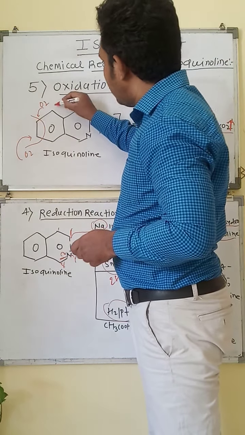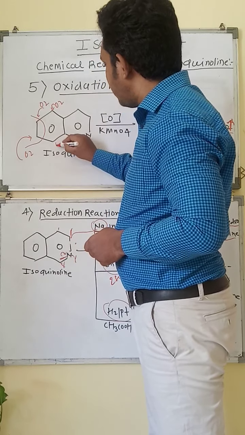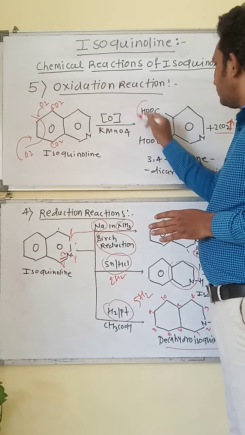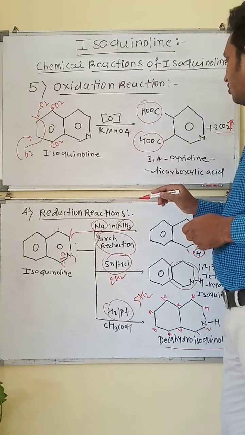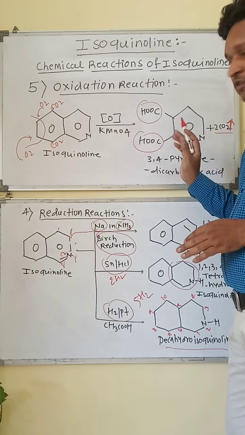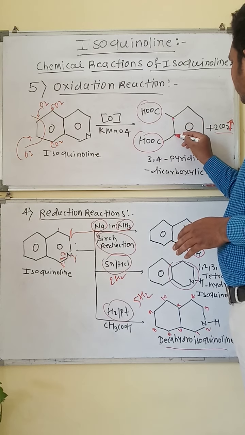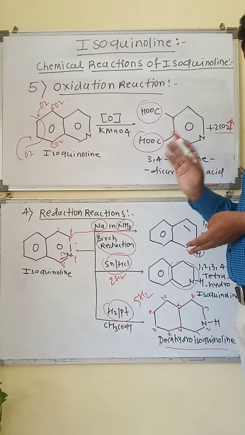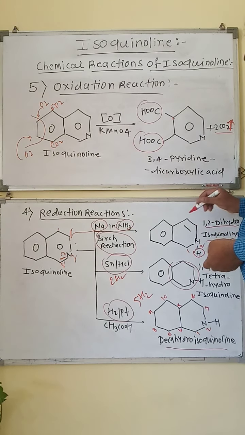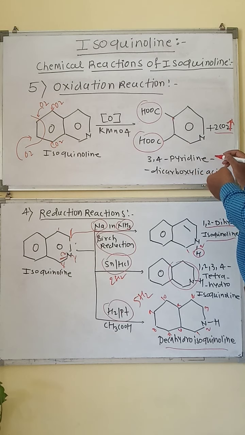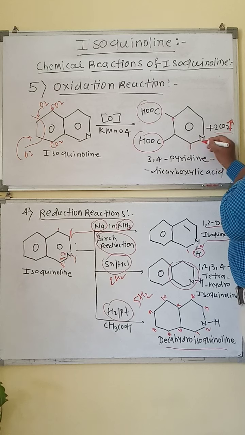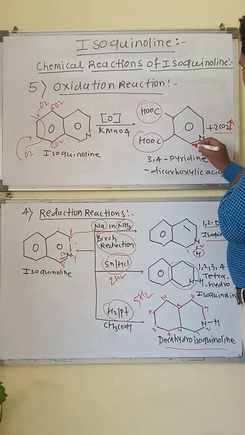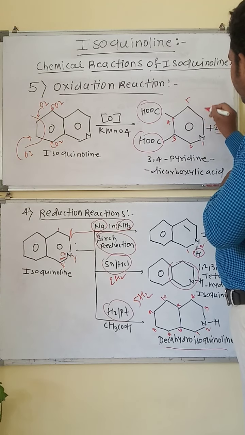Now the remaining carbons also add 2 oxygens on each carbon atom, so that we get the carboxylic acid group, C double bond O, C double bond OH. Introduction of this group on the third and fourth number positions of the pyridine ring takes place, and it is a ring opening reaction of the benzene ring of the isoquinoline after the oxidation. Now look at the structure of 3,4 pyridine dicarboxylic acid. Starting the numbering of pyridine: 1 is nitrogen, then second, third, fourth, fifth and sixth number carbon.